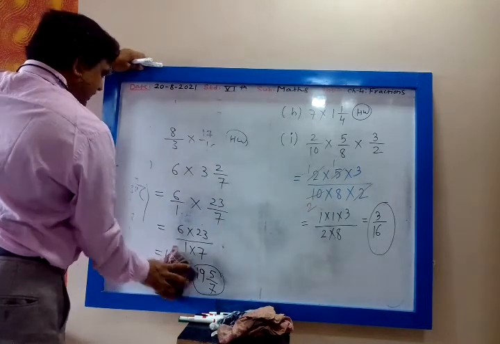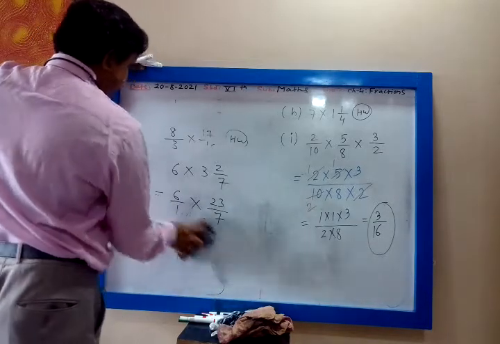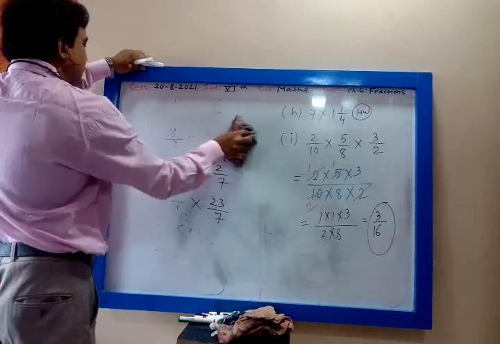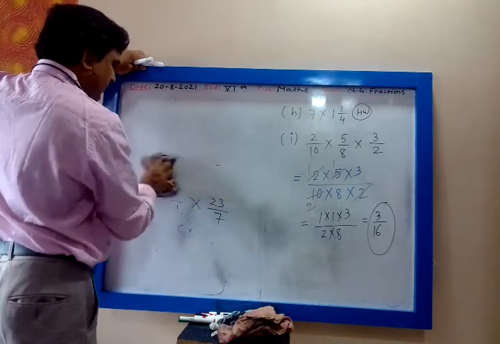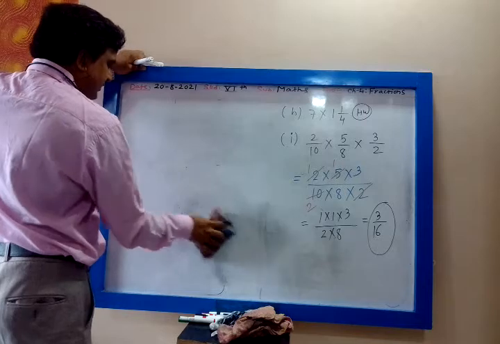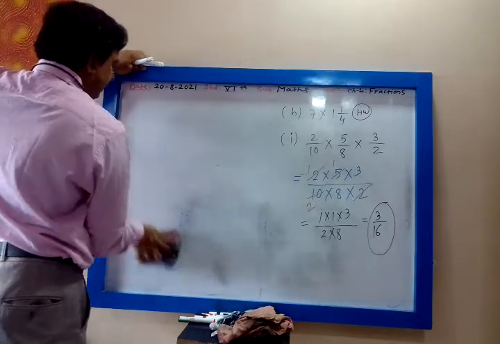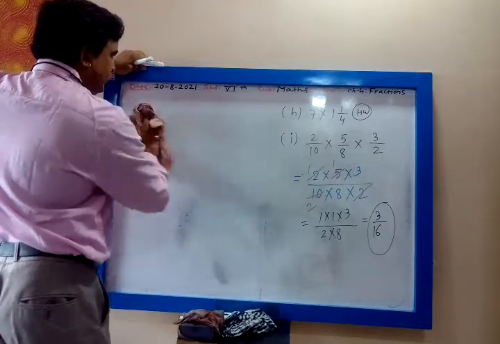So whenever it is, any number of fractions can be given. Does not matter. What is the concept of multiplication of fractions? Multiply numerator to numerator, denominator to denominator. Any number of fractions can be given. Multiply numerator to numerator, denominator to denominator. That's all. Yes. 4 minutes or more.